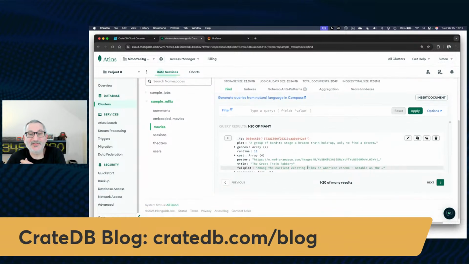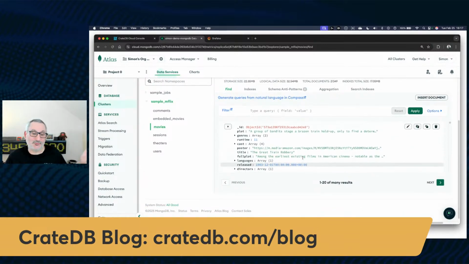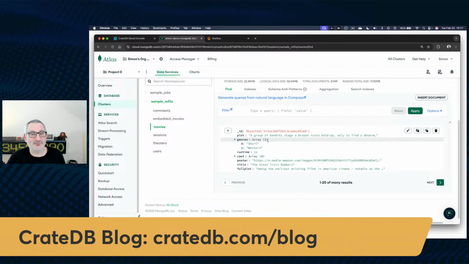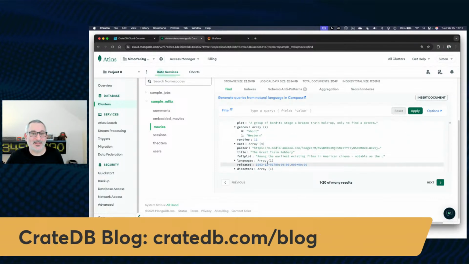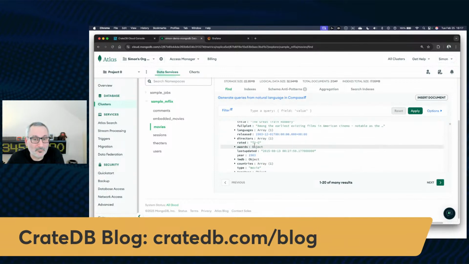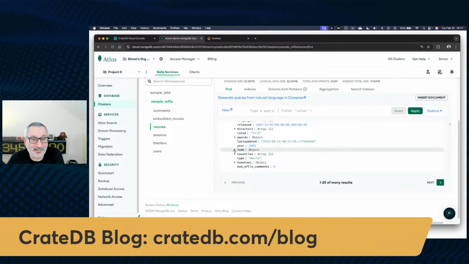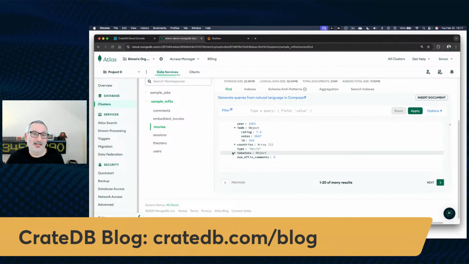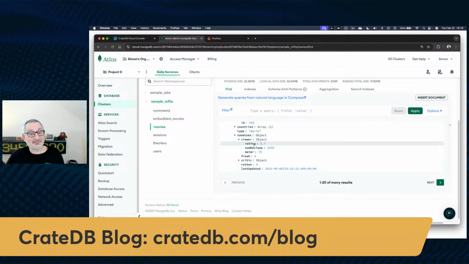And inside the movies, we've got objects or documents that represent individual movies. You know, these have different structure to them. There's an array here. There's another array here. I think there might be some sub-objects. Yeah, here inside IMDb, there's a sub-object with a rating. There's a Rotten Tomatoes object that has another object inside it. So it's kind of a nested